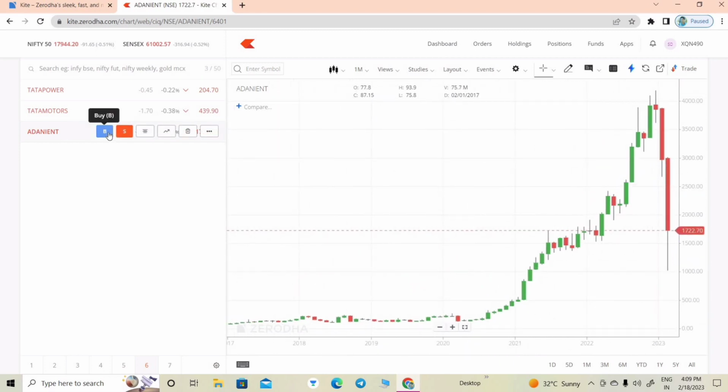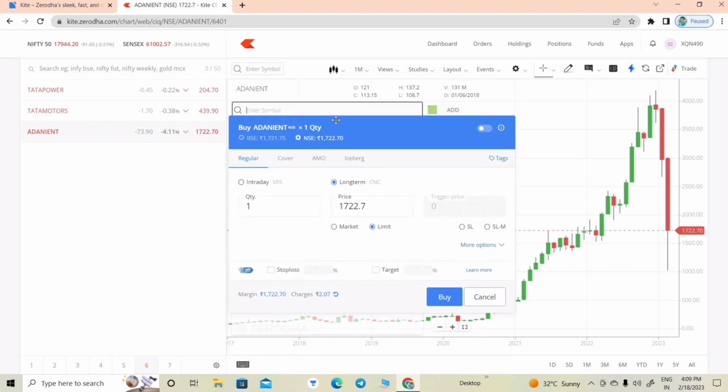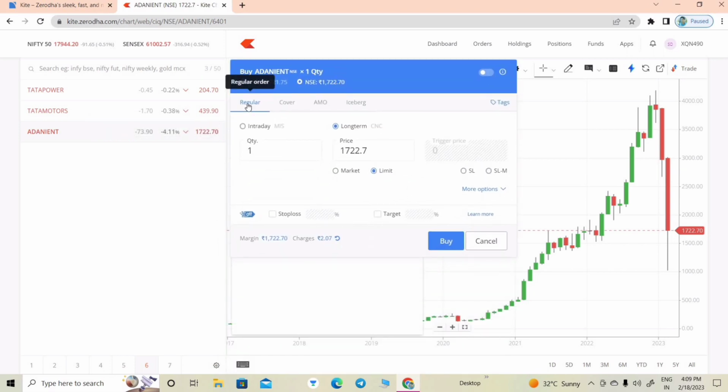Then we are going to buy and sell some orders, and I will show how to buy and sell an order for the Adani Enterprises share. So we can see there is a separate tab for buy and sell. I am clicking on the buy section. So we can see that there are different kinds of order types: regular order, cover order, AM order, and